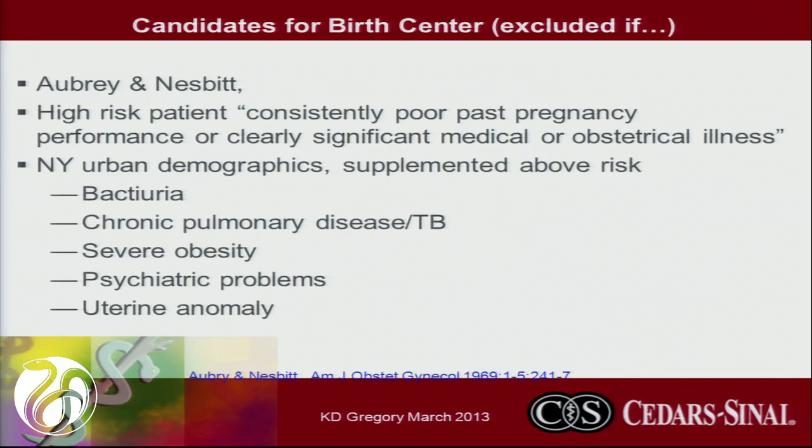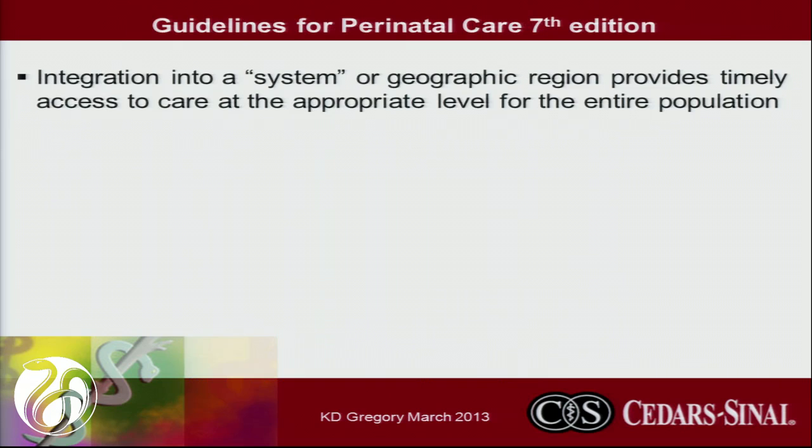And then just to reflect that it's a sign of the times, this is from Aubrey and Nesbitt, who actually mentioned TB as being a contraindication. Uterine anomalies, which now that we're doing ultrasounds were becoming more apparent, and bacteriuria. So probably the most common reference, if we bring it up to current times, is that from Guidelines